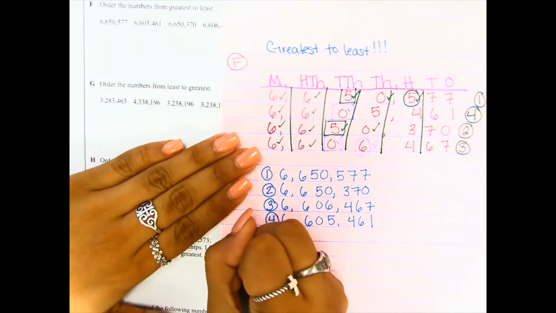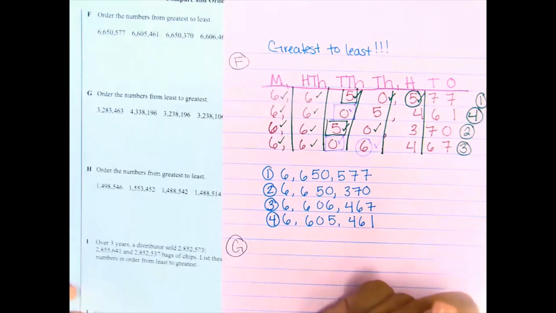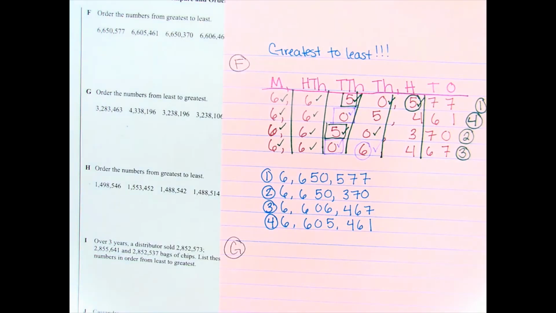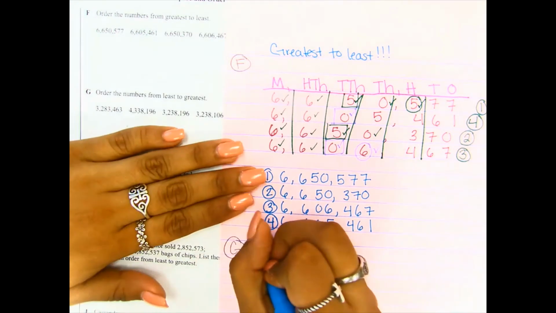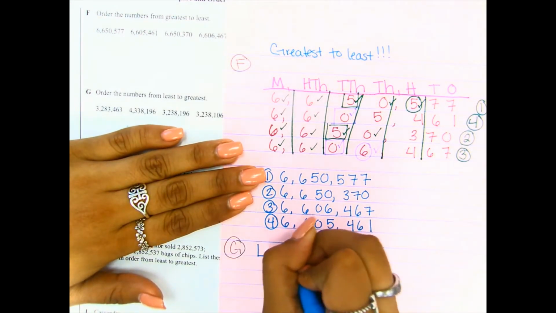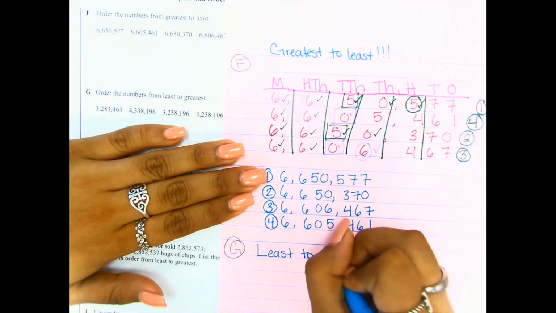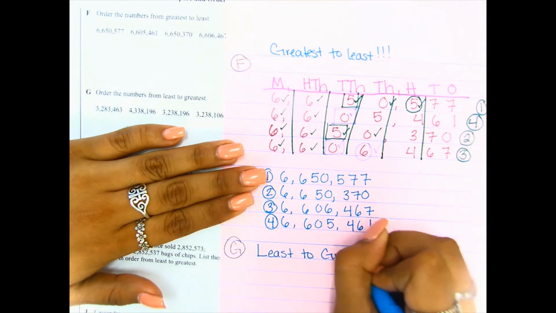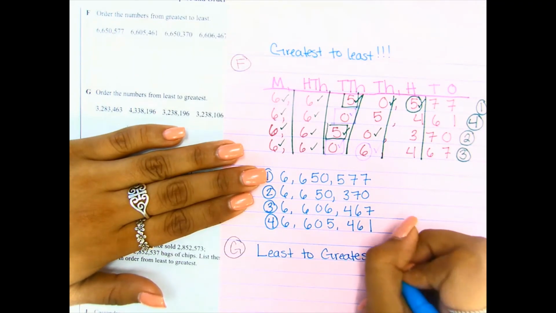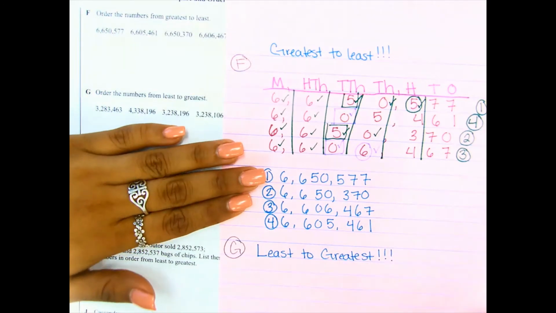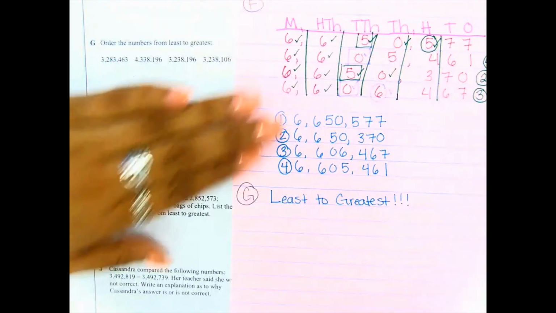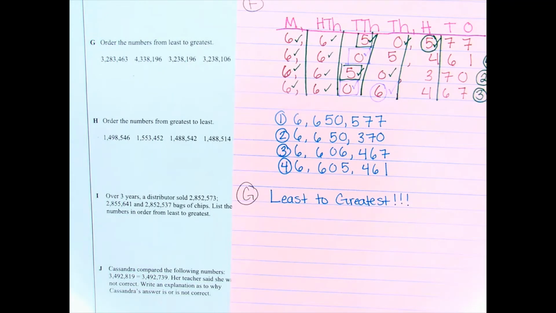My letter G. And now I'm going to order from least to greatest. We're not going from greatest to least, we're doing least to greatest. So that's right here, least to greatest. So first, I'm going to look at my numbers, and I'm going to see which one has